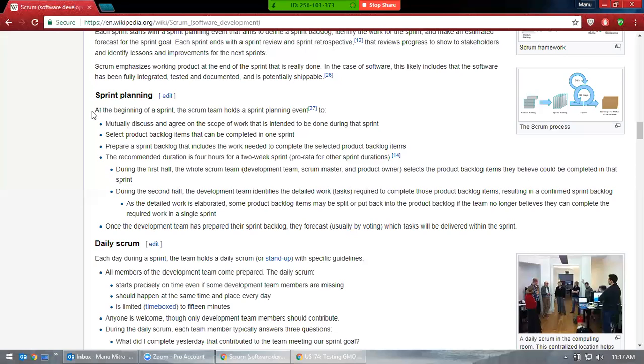Okay, and there is one more called sprint grooming session, which is not here. They will also have one more session similar to sprint planning. If something is not done, which is incomplete, or something which has to go, they also take one more meeting, that sprint grooming session. It's not here, but they can also have one more meeting. So this is about sprint planning.